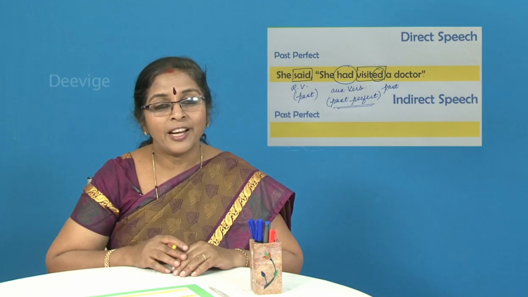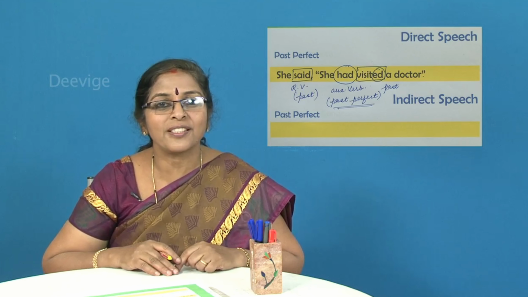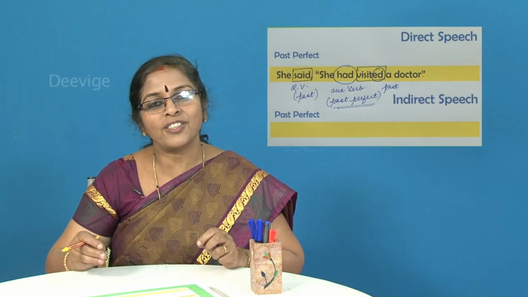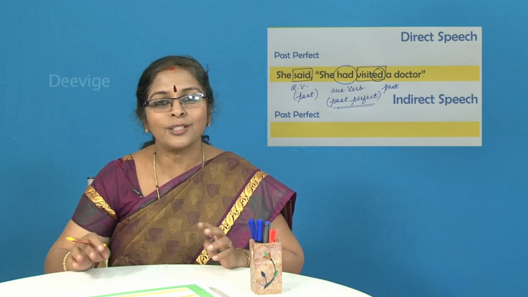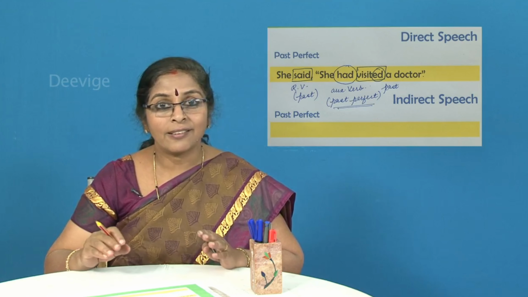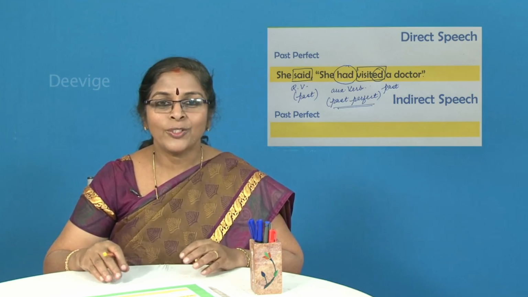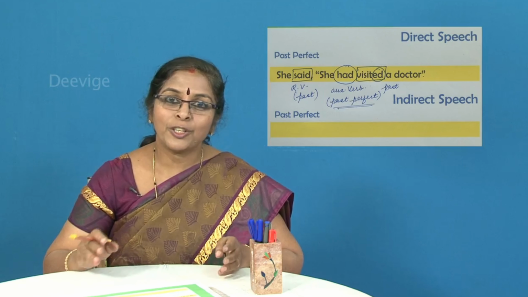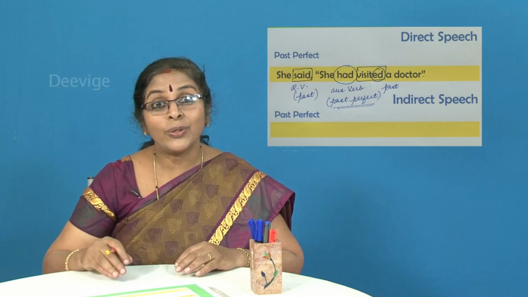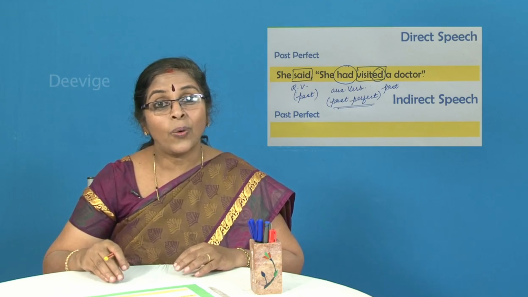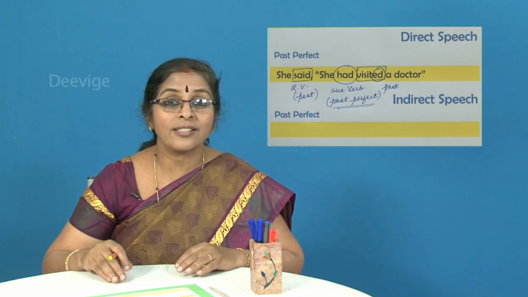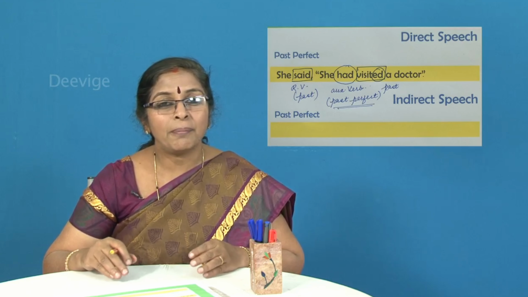How easy it is if your teachers were to give you these kind of sentences, right? Where you don't have to make any changes and you just have to remove the open inverted commas and the close inverted commas and just put a full stop. Life cannot be that easy, right? Life is both joy and sorrow. So, where English grammar is concerned, you will have simple exercises. You will also have tough exercises. When will you know the value of simple exercises? Only when you get tough exercises, you will know how important it is to have simple exercises, making your work as simple as possible.